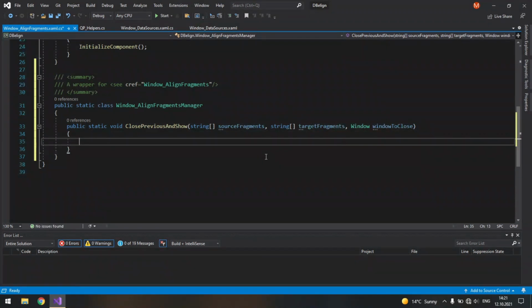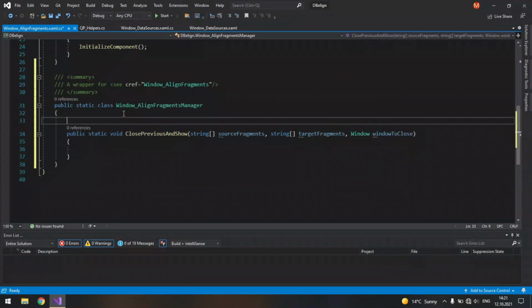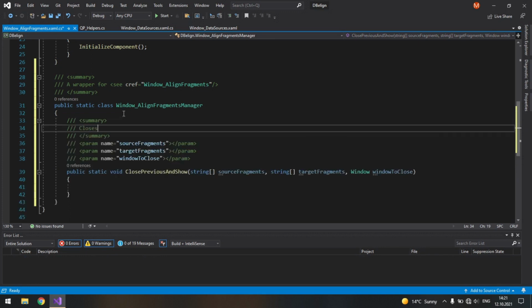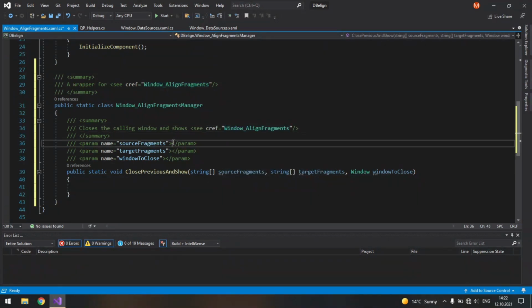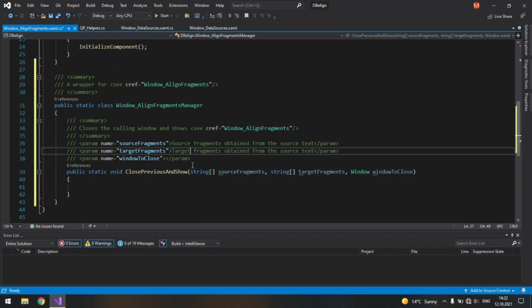And here we will not create it today, but we can leave a summary here. Closes the caller window and shows window align fragments. Source fragments obtained from the source text. And let's copy and paste it here. Target fragments obtained from the target text. And window to close is the caller window, which needs to be closed.